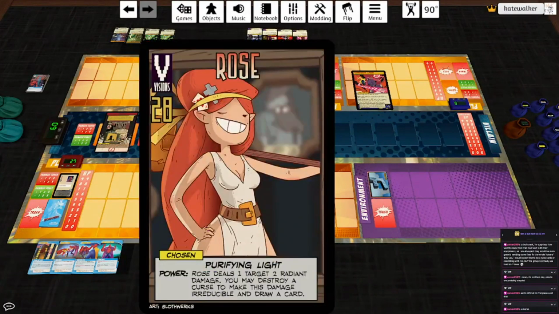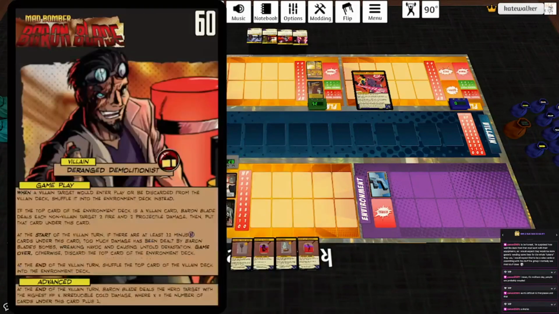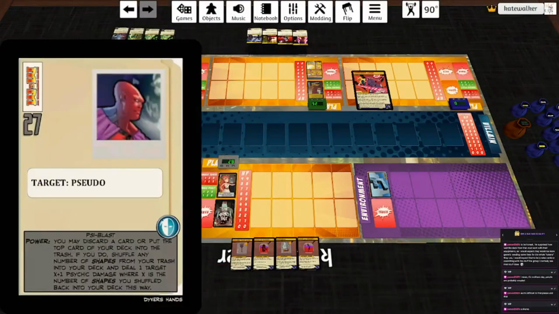It is Rose, deck created by Bad Sky. I don't honestly know what her deal is. Looking at her, I assume she's a cleric of some kind, but that's not how she plays, so I don't know. We'll find out. She's going to be fighting Definitive Mad Bomber Blade alongside Completionist Guys, Renegade Quicksilver, and Target Pseudo,